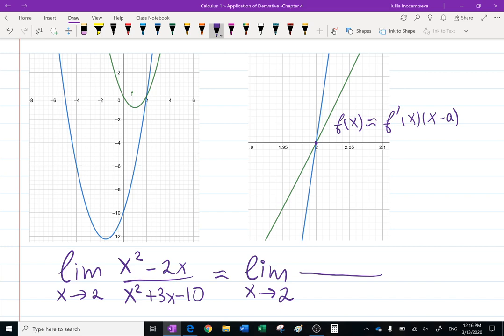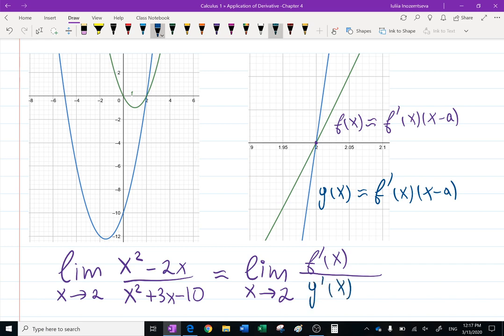Well, what is the equation of a tangent line for the top function? And that will be derivative of that top function f. If I say that f is the green function, and then I will use different color, let's do blue then. The blue function we'll call it g of x. That will be approximated by f prime x, x minus a. A here is 2. G prime of x. And then what is the common part here? That's going to be x minus 2, x minus 2. Why 2? Because x approaches 2. In general case, we just have x minus a and x minus a. So now look, this part is the same, so it can be cancelled out. And we end up working with